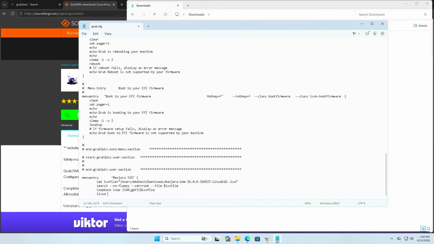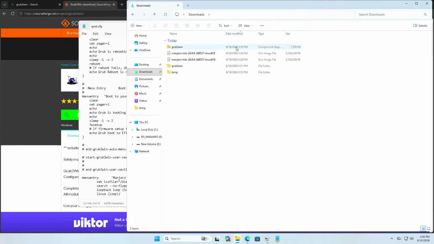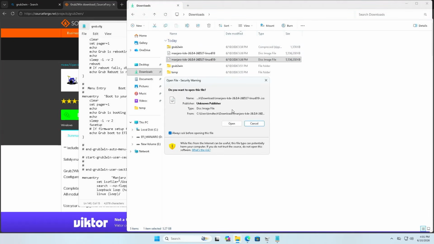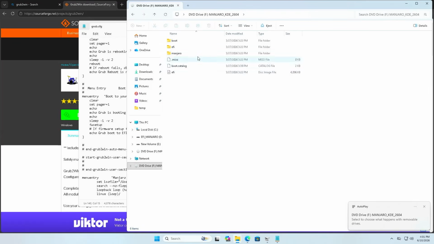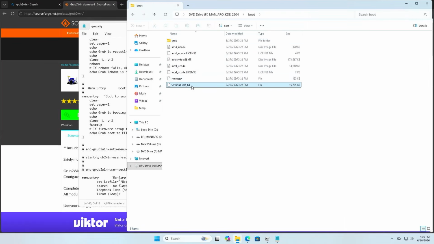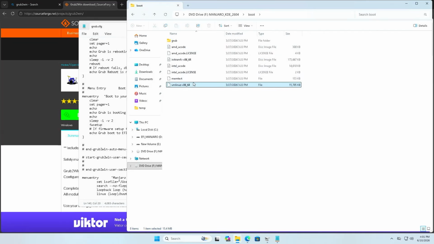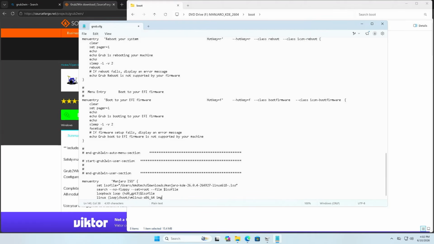so Linux loop, and then I'll have to find the directory by mounting the ISO, right click and mount, open, and then I'm going to go into the boot directory, and so we see here, this is the kernel, so I'm going to put that in. It's under the boot directory, and then I'll copy the file name, and then image loop